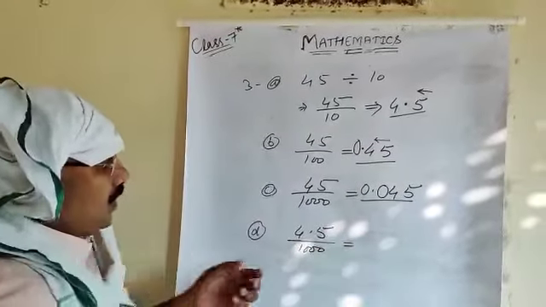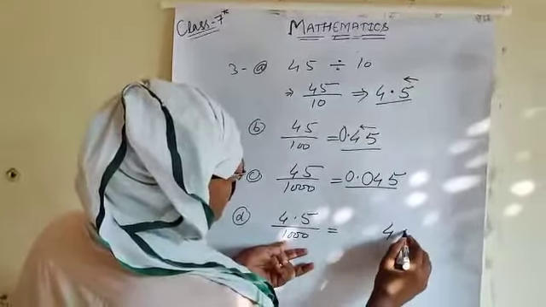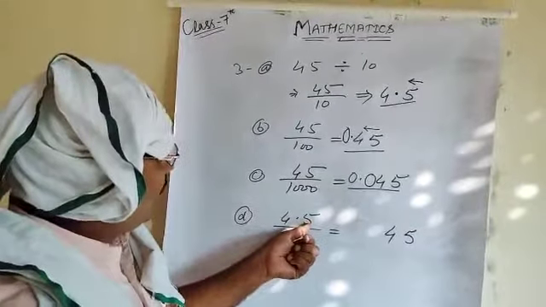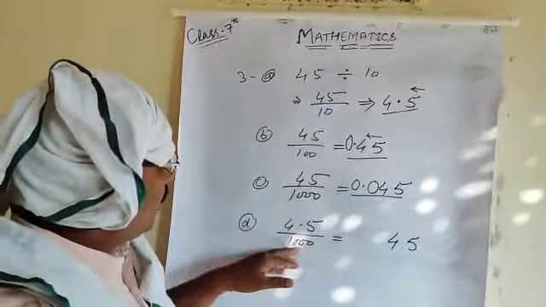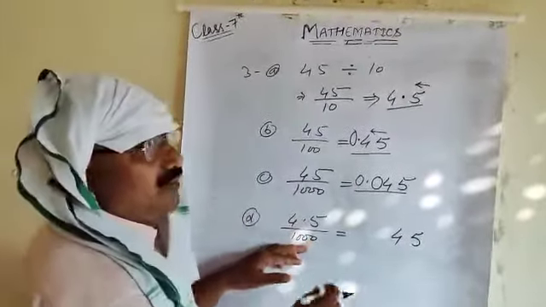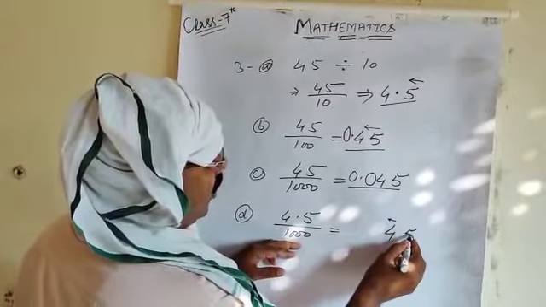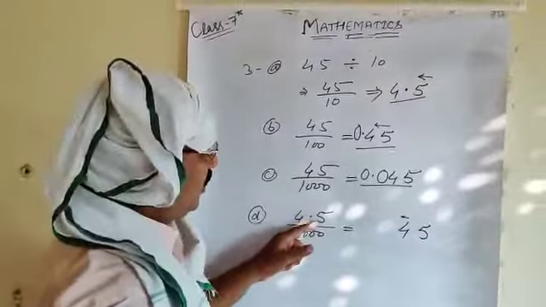Suppose a decimal number is divided here, 4.5 by 1000. So how will you write this number? First of all, you will write here 45, the above number, but before this number there is a point. So you need 3 more digits to bring 5 to the left side. So you will count from 4, not from 5, because that number is already the decimal part.